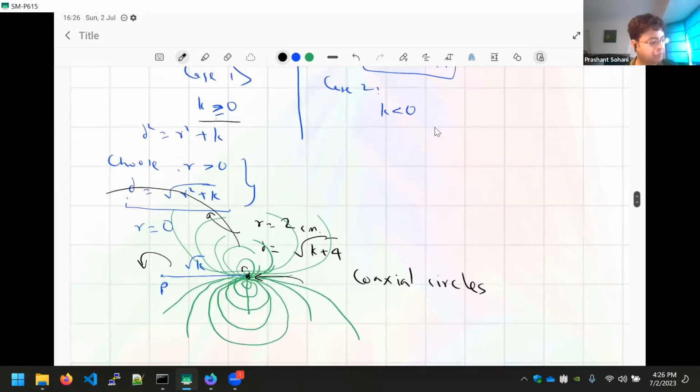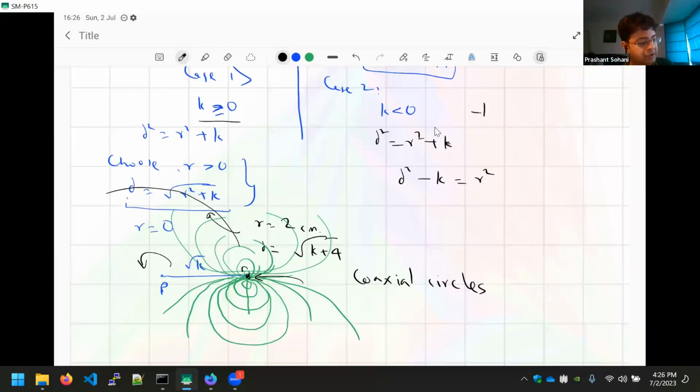So this was the case of k greater than or equal to 0. In the case of k less than 0, you have to make slight changes, because now if you look at the equation d square is equal to r square plus k, I don't have the freedom to choose any value of r, because with that value of r, I cannot guarantee that the whole expression is going to be greater than 0. So I'll change my strategy a little bit. Instead of choosing r first, why don't I choose d first? I can rewrite this as d square minus k is equal to r square. And now given that k is less than 0, which means minus k is positive,